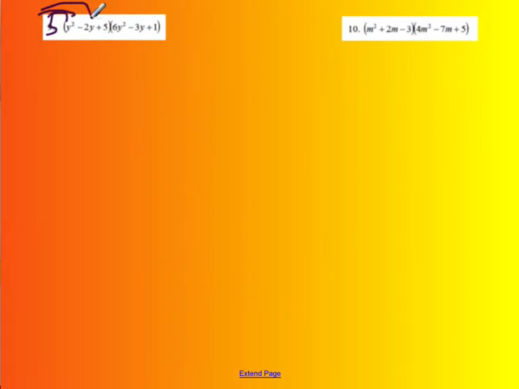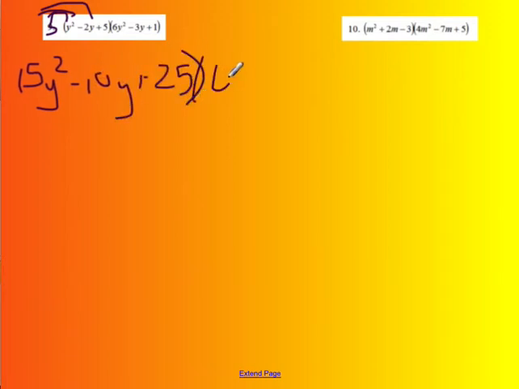And you're only distributing it into everything in one of the two parentheses. You do not have to distribute it into all of the parentheses, just one. So I'm going to distribute it into the first one. So the first one is going to become 5y squared minus 10y plus 25. Now that is being multiplied by 6y squared minus 3y